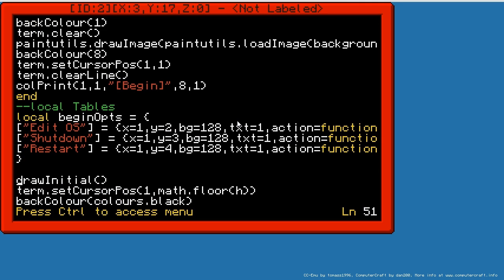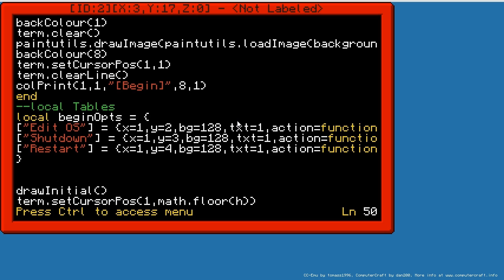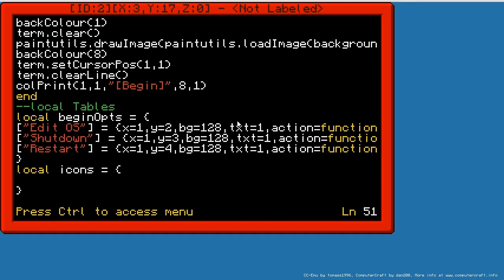The next thing is, while I'm here, I'm going to go local icons equals, and do the same thing. So for this we'll just go with icon 1, icon 2,